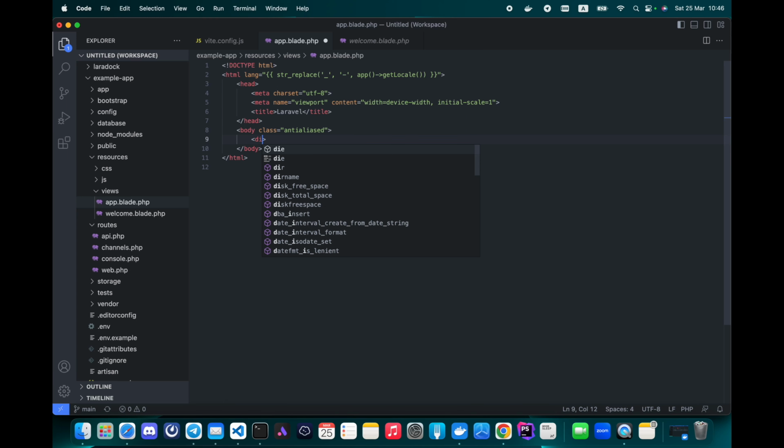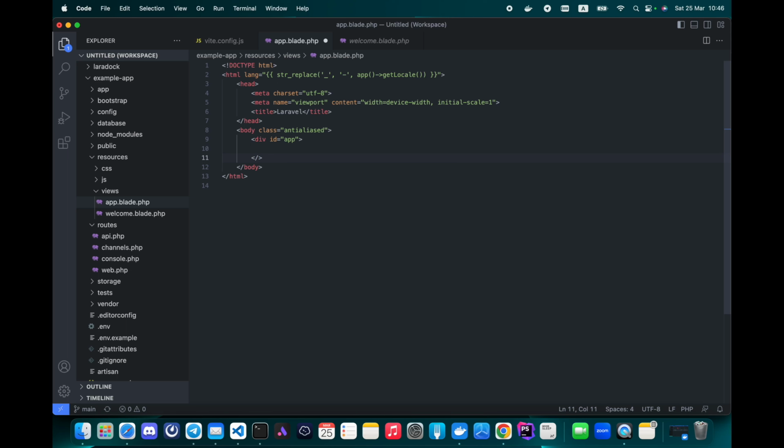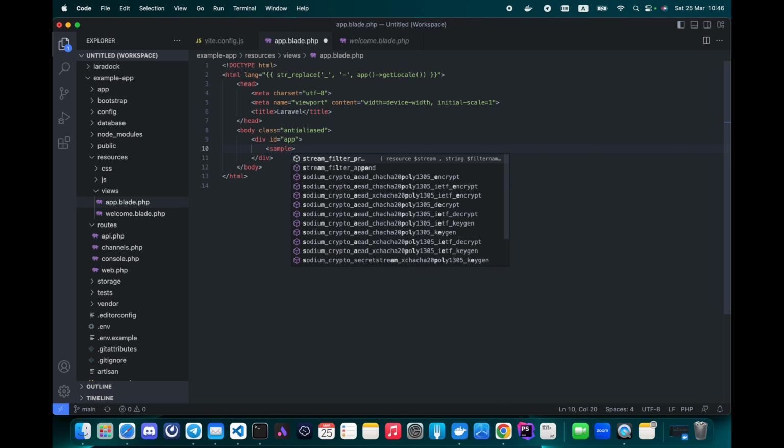Then place a div element with the ID app in the body. Place sample component inside.